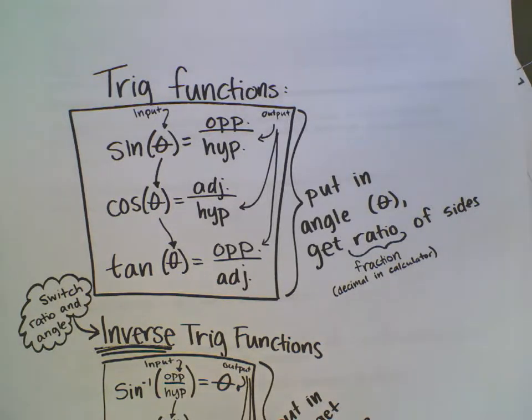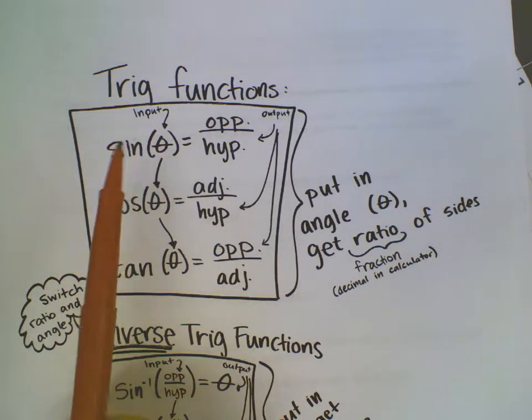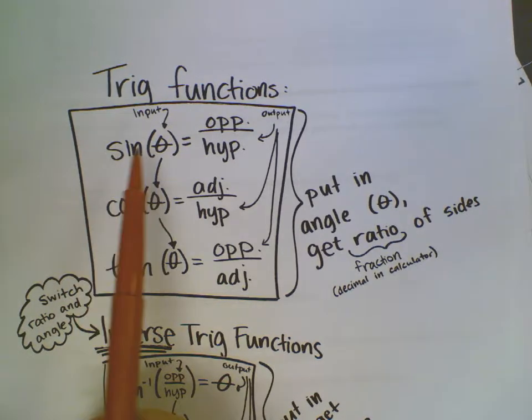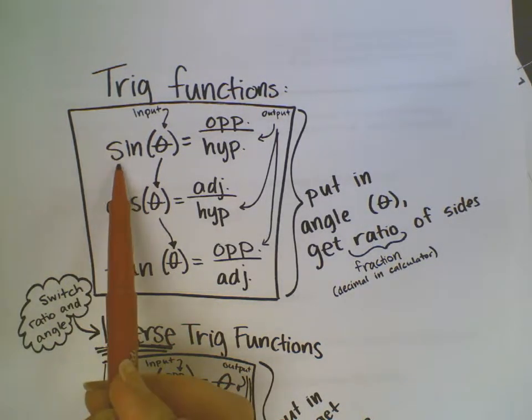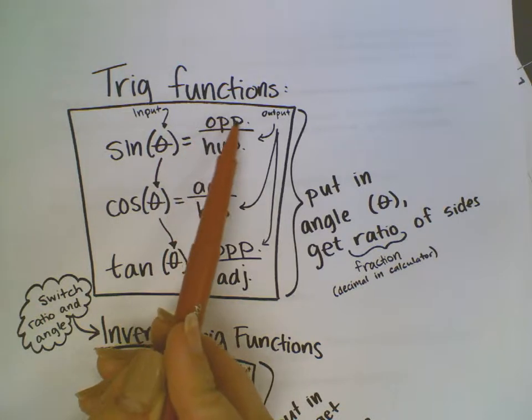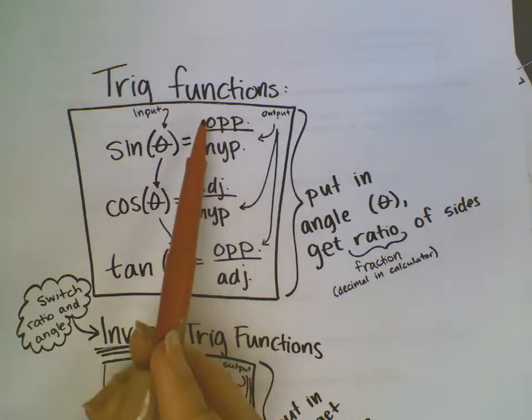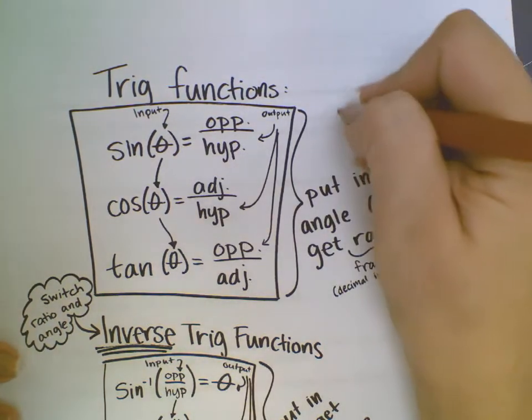So today you guys have been learning about inverse trig functions in relation to, or in contrast to, the trig functions that we talked about in class the other day. The other day we used SOHCAHTOA and we talked about sine, cosine, and tangent and the relationship that it has with the angles and side lengths of a triangle. So, if you remember, we said that sine of an angle was equal to the opposite side length over the hypotenuse. So if I were to draw a triangle here,